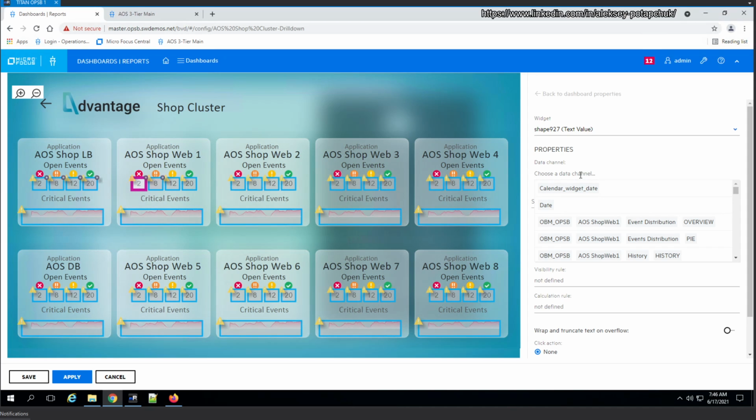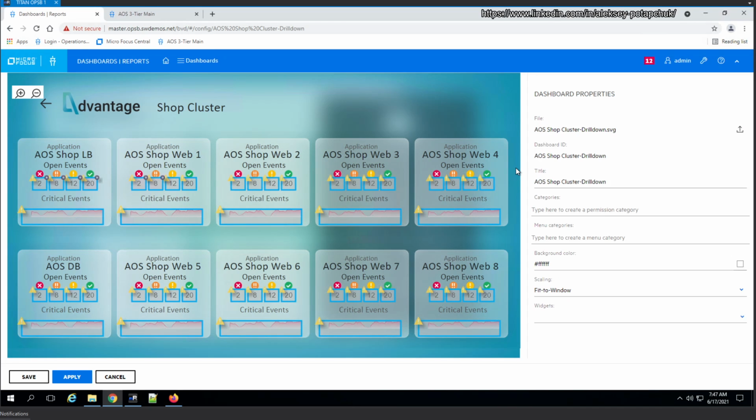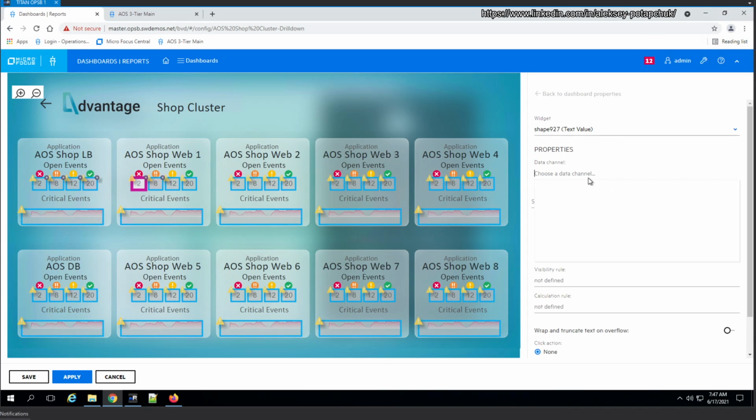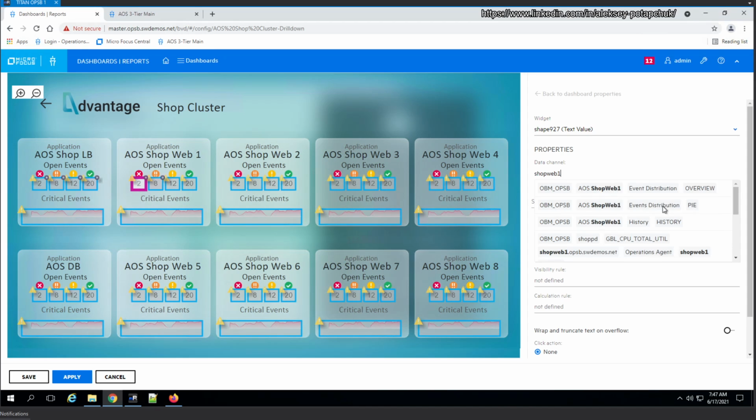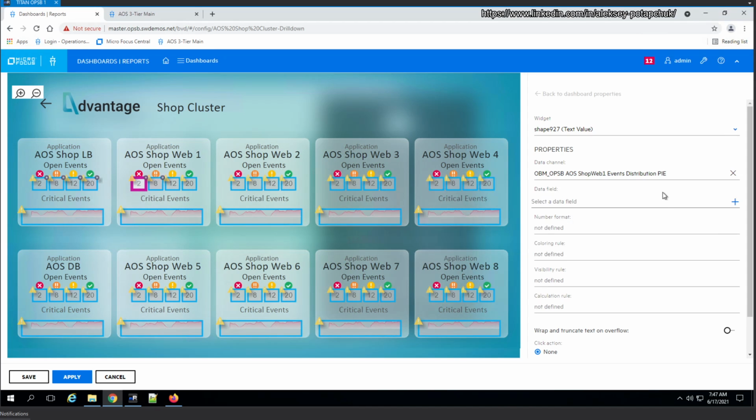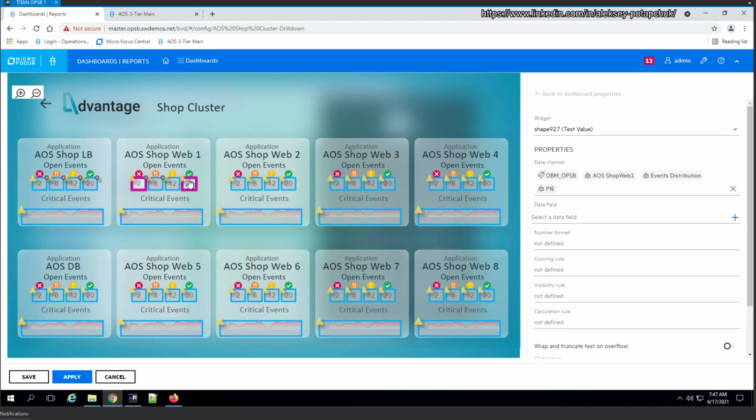Okay, so here we go to shop web 1. And once we type it properly, we would be able to select the channel better. Shop web 1. Okay, and it's event distribution pi, and that's exactly what we're going to do for all of those and the critical events, right? So this one is critical events. So luckily I can type everything,